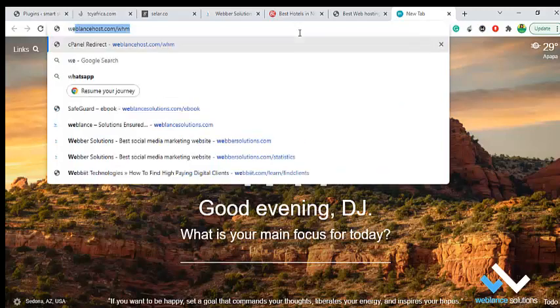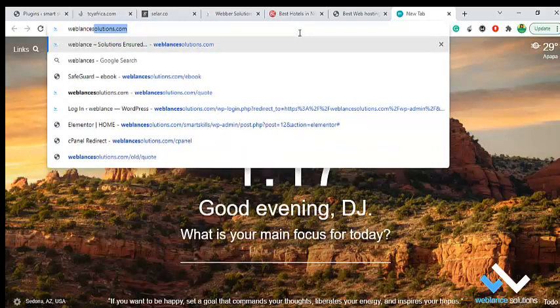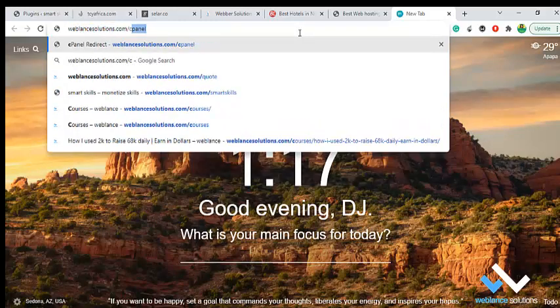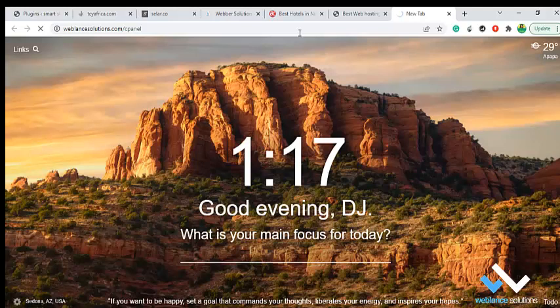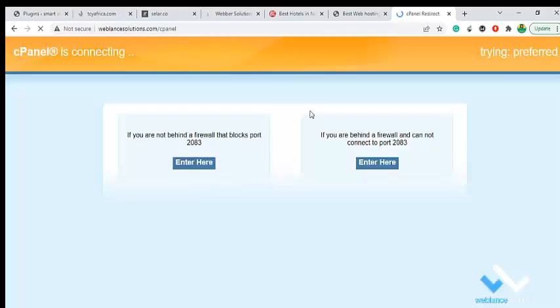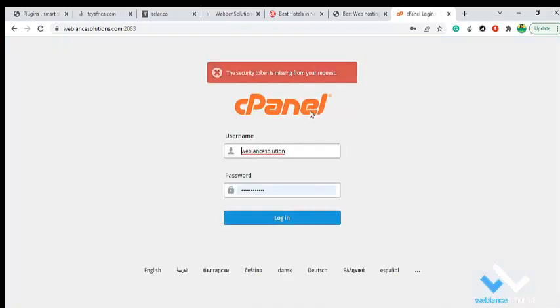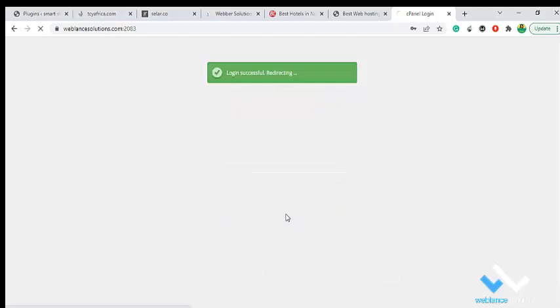Like here is my domain name, weblancesolutions.com/Cpanel. This is how to log into your Cpanel account. So they will send you the username and the password that you will use to log into your own Cpanel account. So once you have the Cpanel account, please keep those details safe, because they are very important. Without them, you can't log into your Cpanel account. So here are my username and my password. You log in,